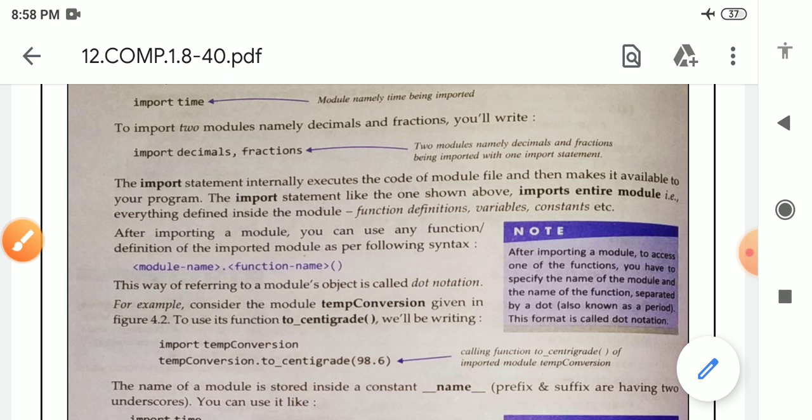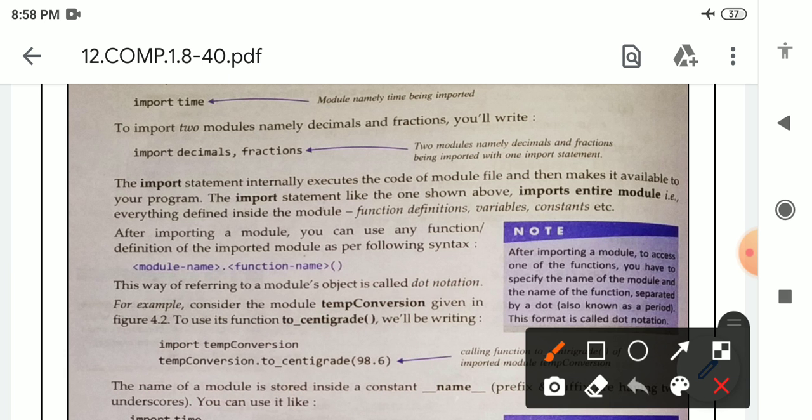See here once again, first we will write the import statement, means import, after that the name of the module. The name of the module is what? Temp conversion. After that we will write the module name in the next line, temp conversion, after that dot, and after that the name of the function which is present inside the module temp conversion.